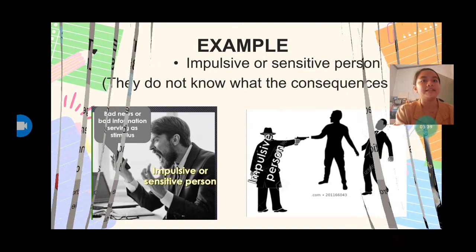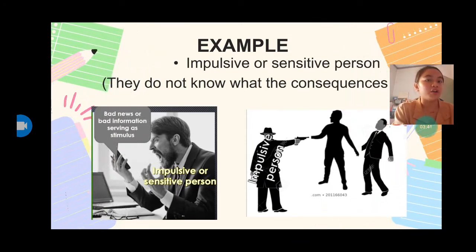One example is an impulsive or sensitive person. They do not know the consequences, as we can see here on the left side. It is the impulsive, sensitive person. Earlier, he is okay, but when he is on the phone talking to someone, he becomes very angry. And on the right side,